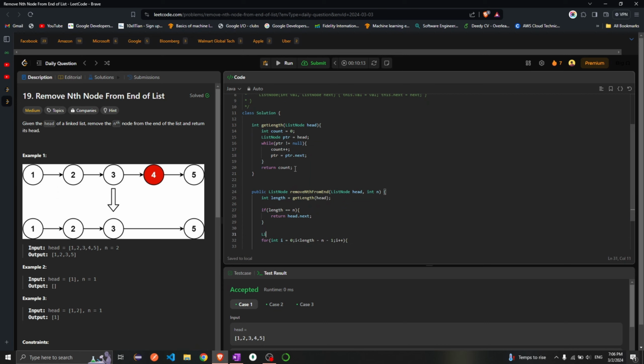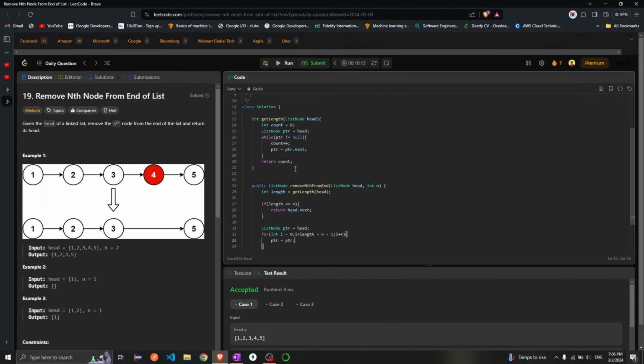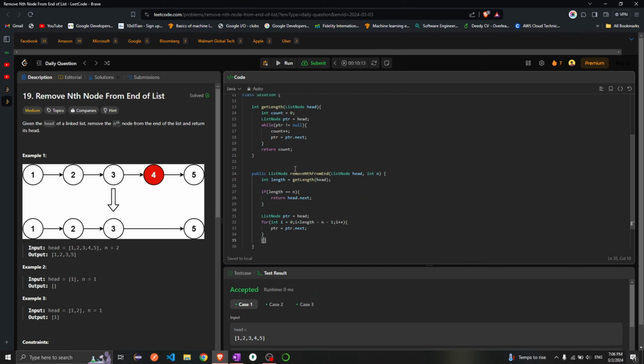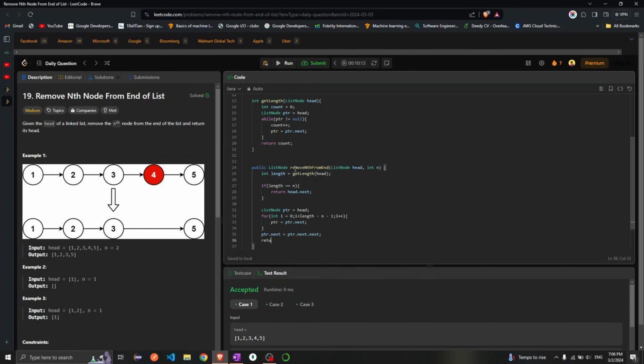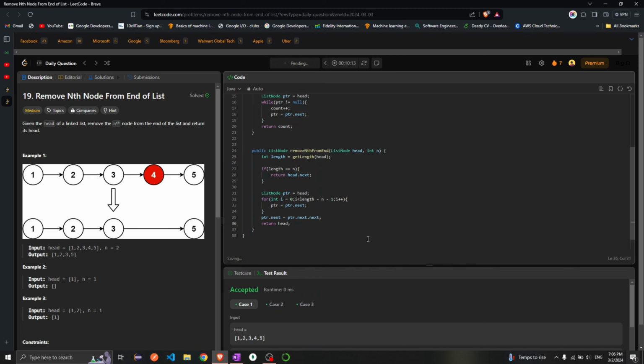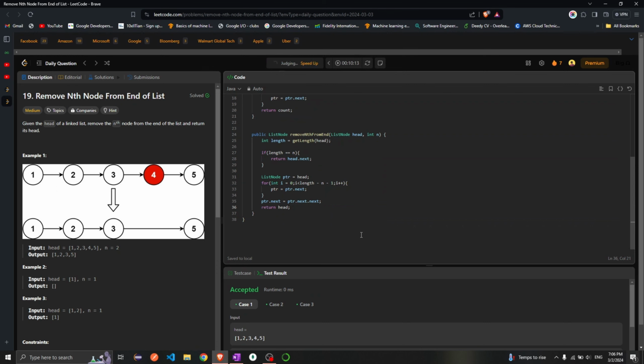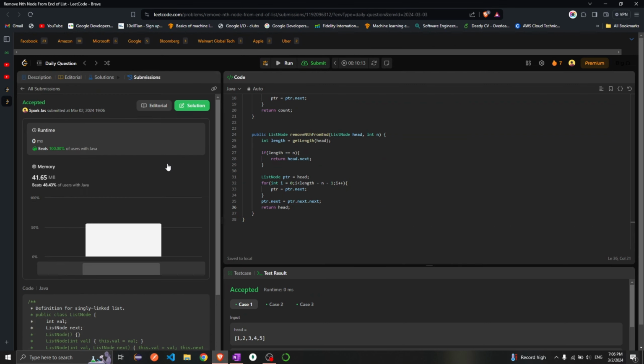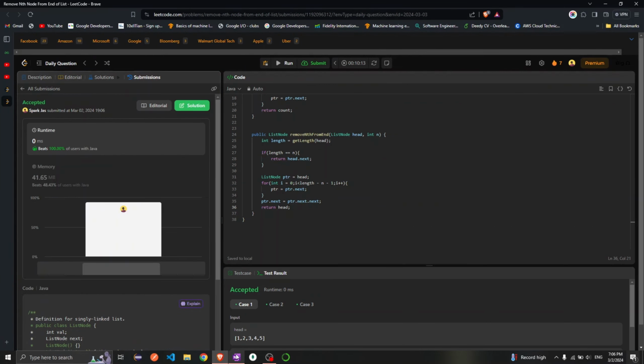For that I need to have a pointer variable which points to the head, ptr equals to ptr dot next. Now what I'll do is ptr dot next equals to ptr dot next dot next, and I'll just return my head. So if I submit this, it is working fine,